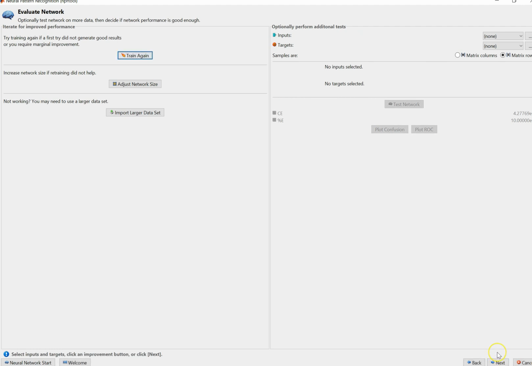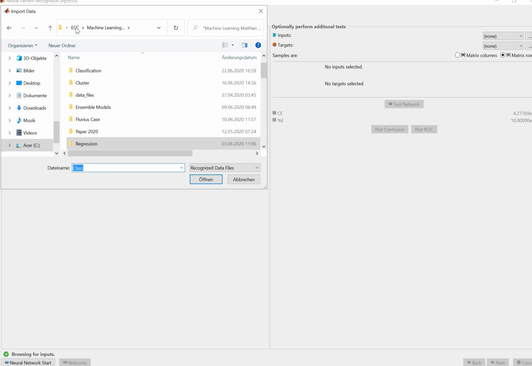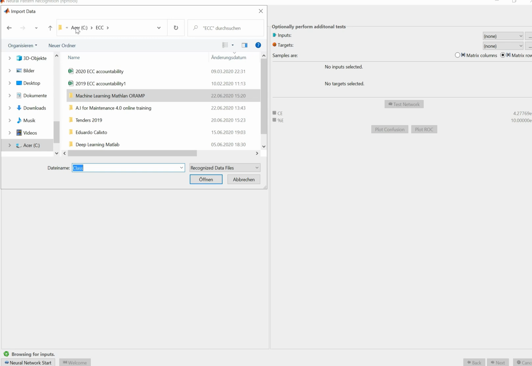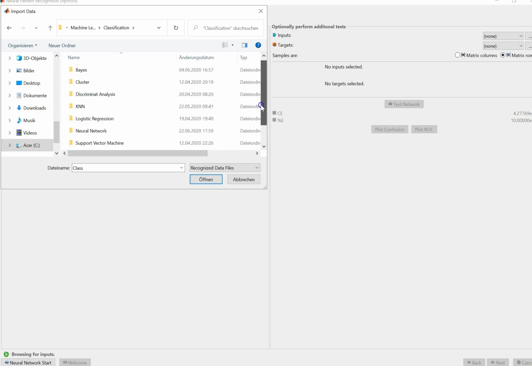So I can go to the next steps, and here on the right side of the screen you can see optionally perform additional tests. Now what I'm going to do is use the same neural network, but with a new data set, let's say new data from different compressor shafts vibration. Then I want to see how this neural network that I already have classifies the degradation in medium and high level. So I just open the new data here